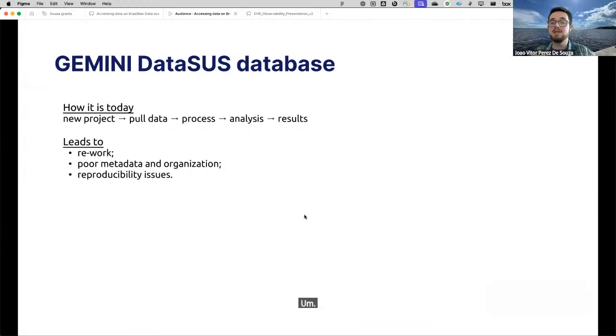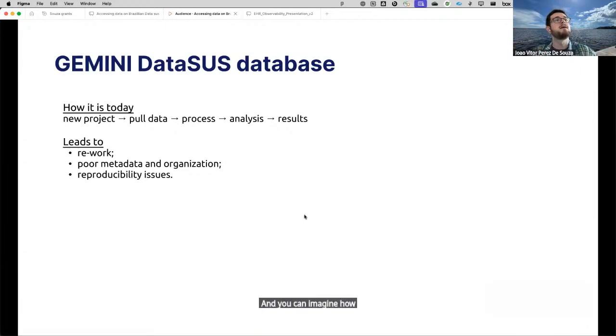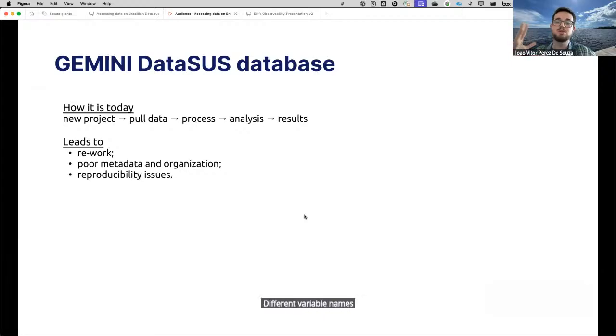And I have to download data again, and maybe DataSUS is offline at the time, or something happens and I cannot get data when I needed it. And you can imagine how it works. Of course, this leads to poor metadata, poor organization, and reproducibility issues. It is quite common that we are analyzing the same data sets and using different variable names, different coding structure, which is a nightmare on its own.